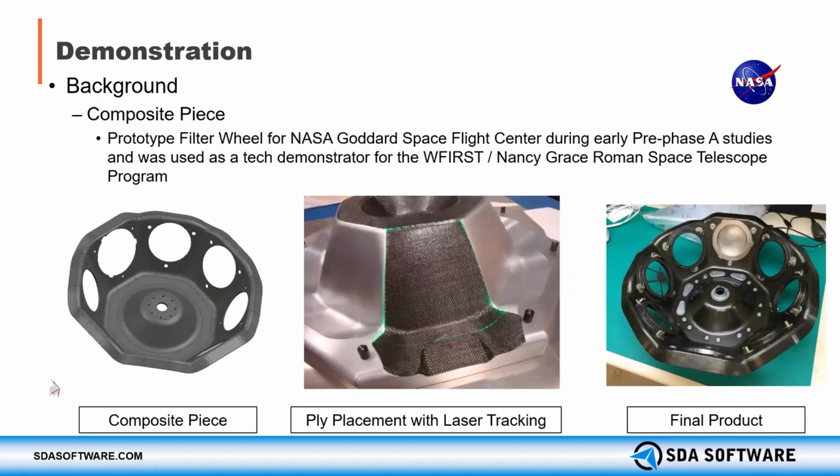This part is a composite piece that was quite a challenge for the manufacturing side. The high curvature required us to do a lot of splicing, and we were able to prove Fibersim's capabilities with this part. This part is a prototype filter wheel, also known as an element wheel, that was built during the pre-phase A studies for the Wide Field Infrared Survey Telescope, now known as the Nancy Grace Roman Space Telescope program. This is a manufacturing demonstrator where